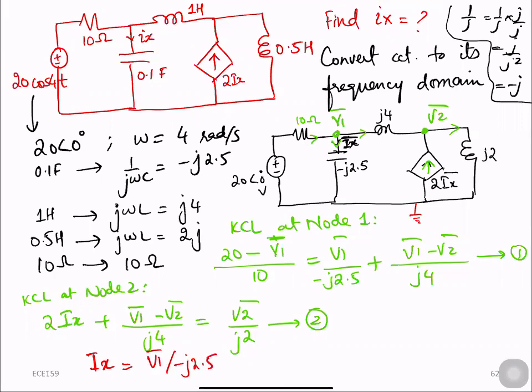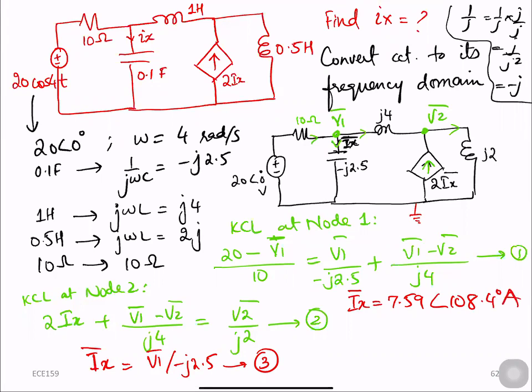So when we calculate this one, we can write this Ix as, after calculating these 1 and 2 simultaneous equations, we will find V1 and we'll put this value in this third equation, and we can find out Ix as